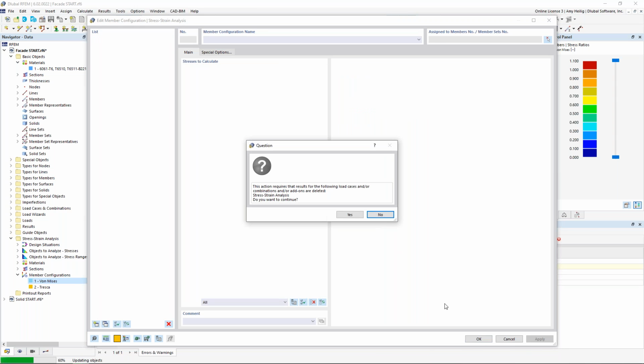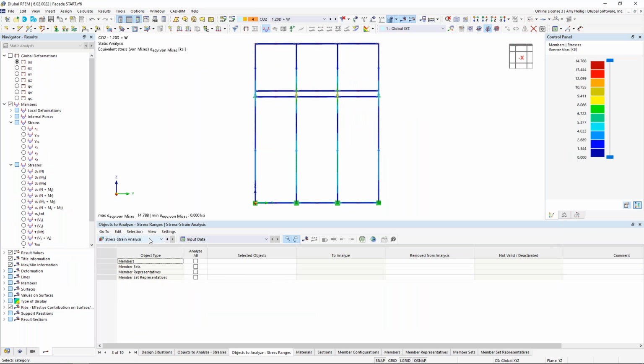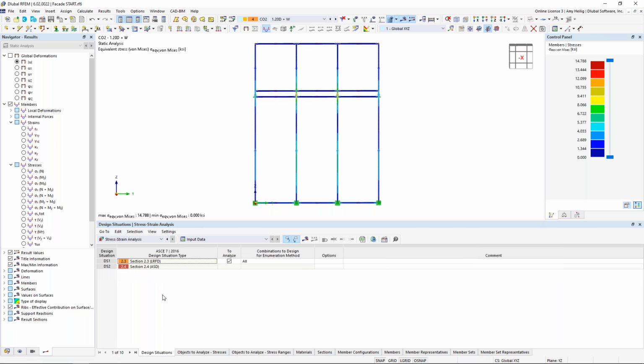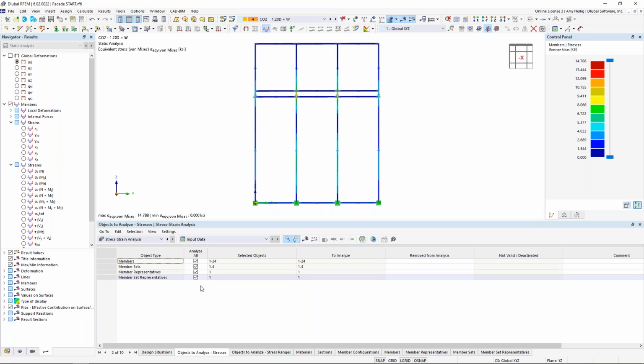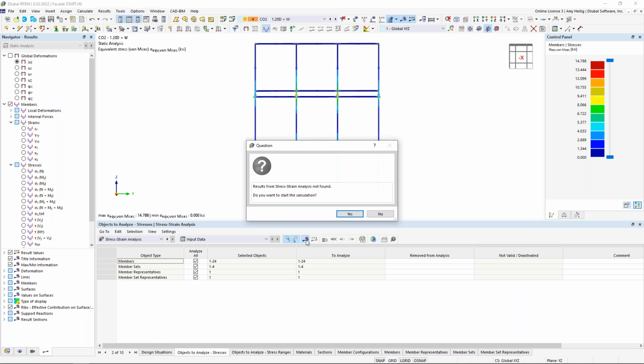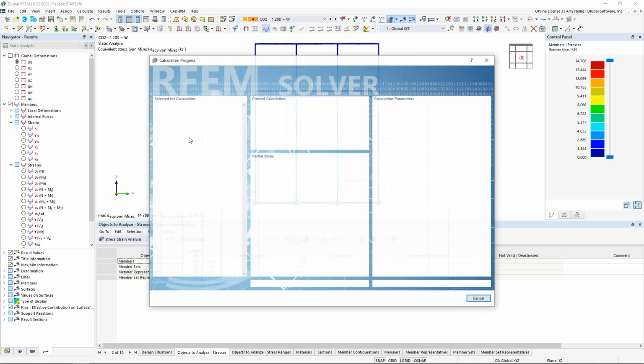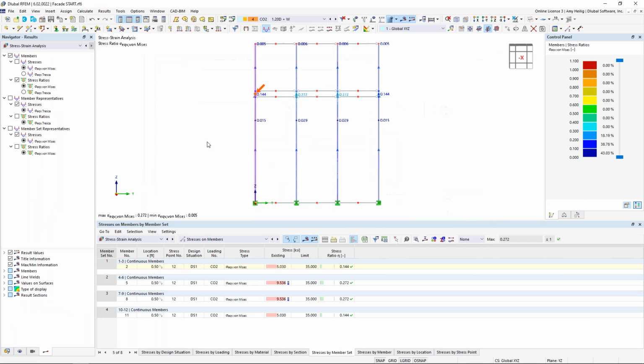And we click OK. So if we revisit here our stress strain analysis, we see here our input data, and we see the design situation. Remember that LRFD design situation, and we're designing all of our members. So our static analysis remains the same here, but we do need to rerun the design portion according to this add-on. So we'll go ahead and initiate that,